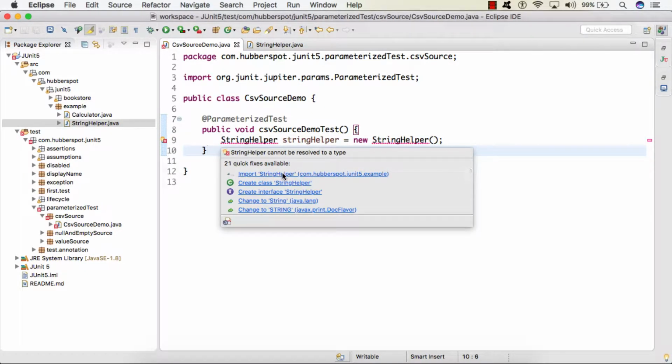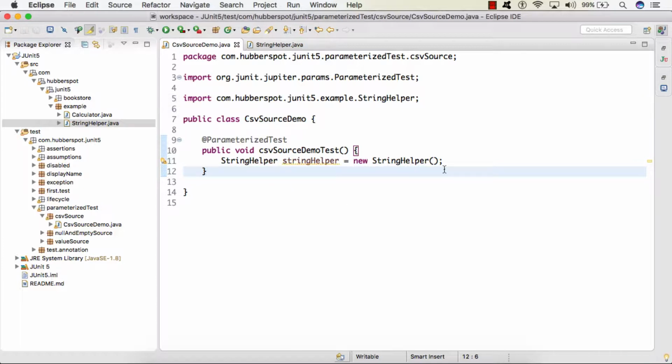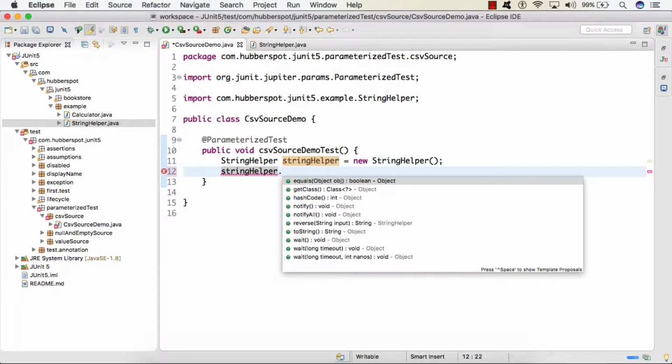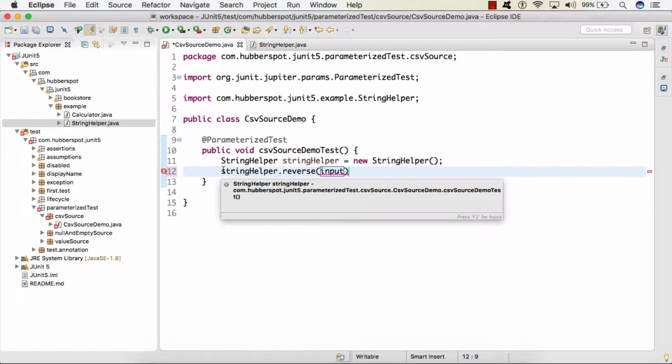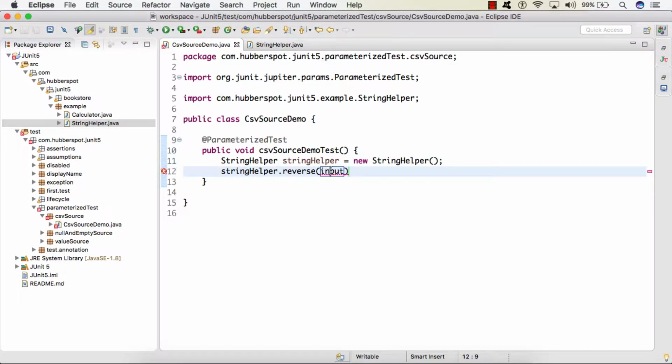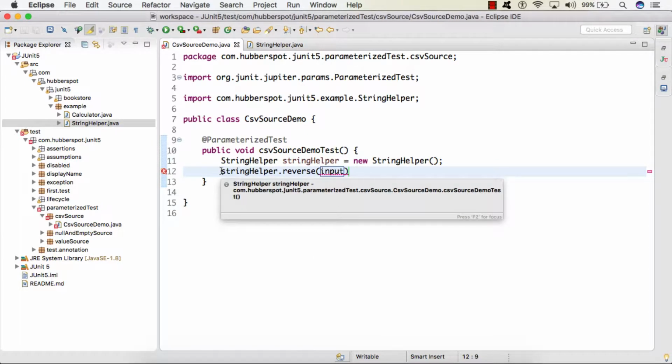We will import StringHelper. Here we know that StringHelper has a reverse method where we pass a string and get back a string. Whatever we pass will be our input, and whatever we get will be our result, which we want to test using the asserts.